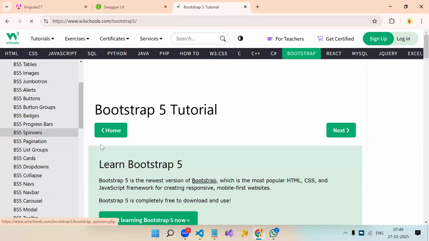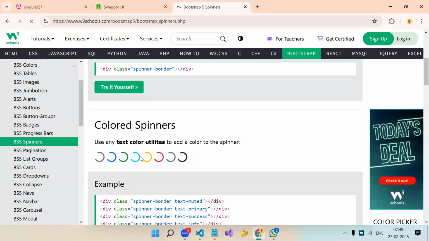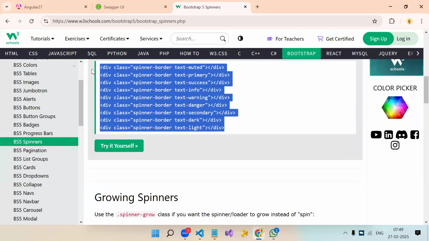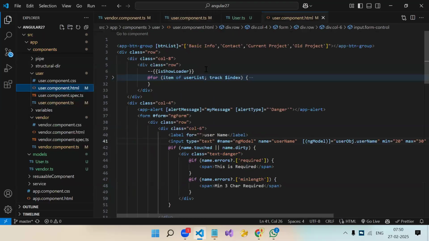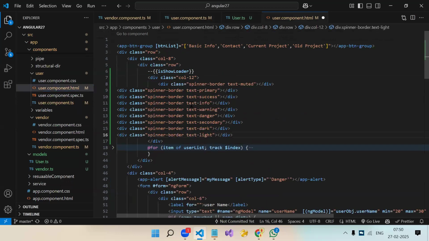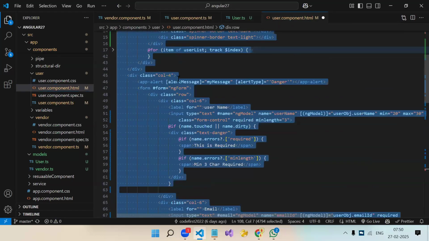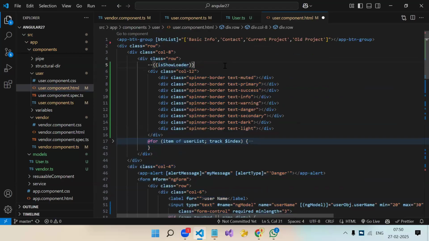Progress bar or spinner. We have this loader, so I will just copy this. Now in HTML, instead of col-12, I will add this spinner in col-12. Now the visibility of this div will be based on this variable.